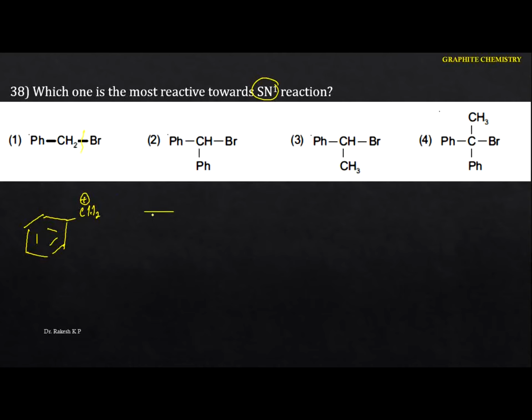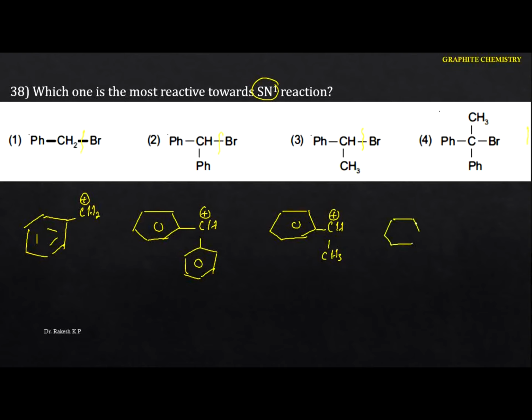Just go to the next one here. In the second one, this is the CH plus, after the breaking between the carbon and the bromine here. Here we got the carbocation. Similarly here also we got the carbocation, and here is the CH3. That means whenever the bond breaks here, and here also whenever the bond breaks here. Now we have to identify this is the phenyl, this is the CH3 positive, and here this becomes this one.